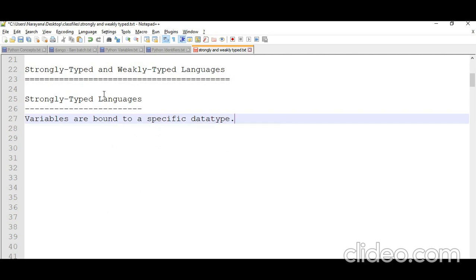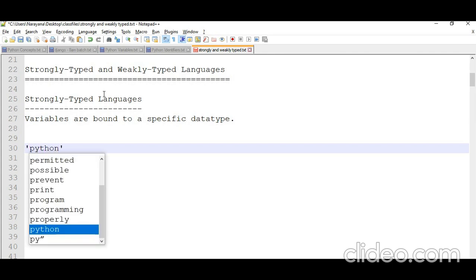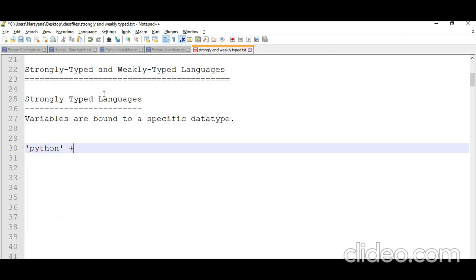In these languages, variables are bound to a specific data type. That means, suppose I am trying to concatenate two string values, Python and Narayana. Then it will not return any error because both are the same data type.